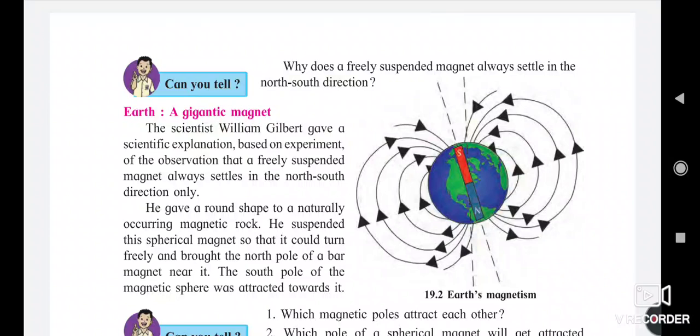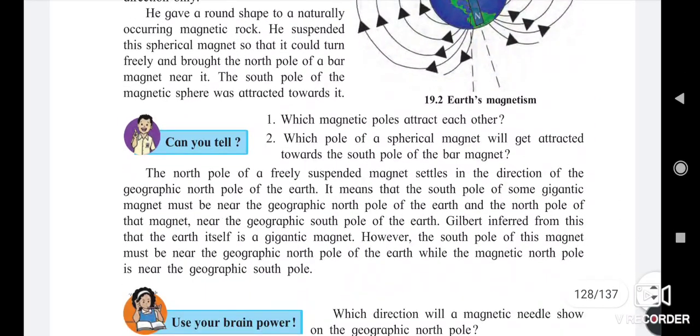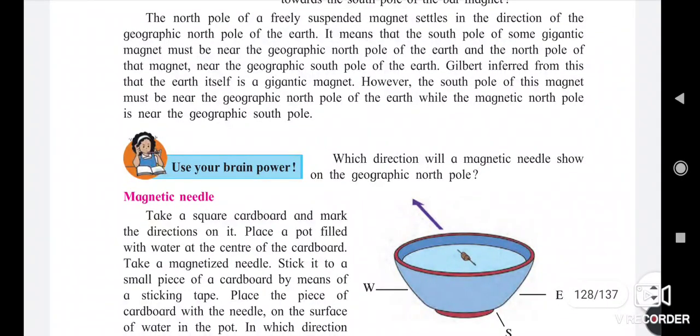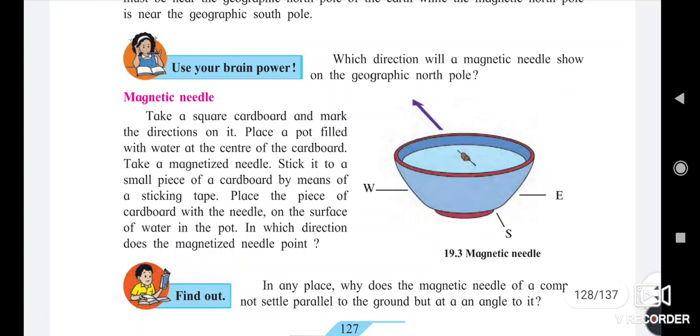There is a magnetic force from the north to the south pole, so it is always settled as a north and south pole. The earth has a magnetic force, and that force is active towards the north pole end and the south pole end. Through this we also have an experience of natural magnetism on the earth.